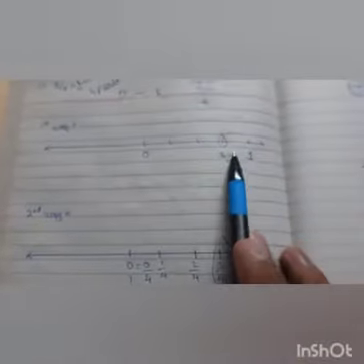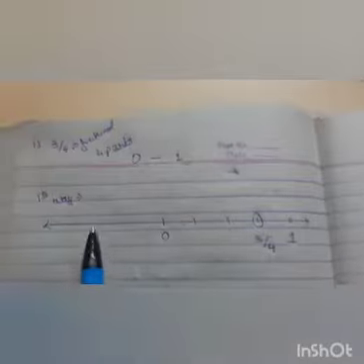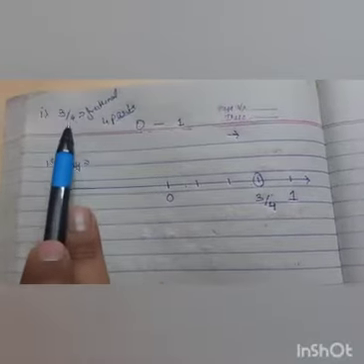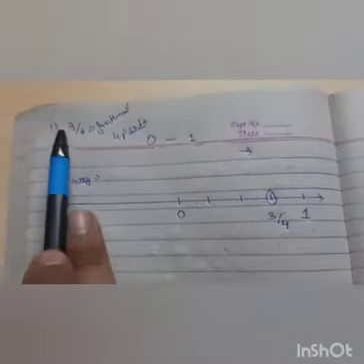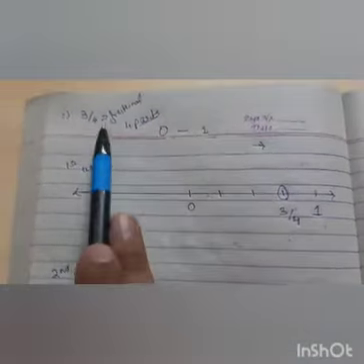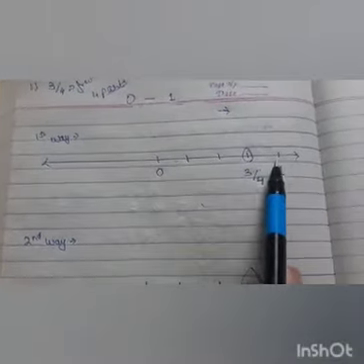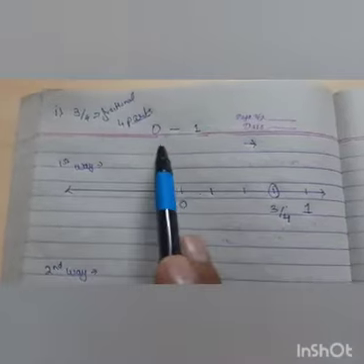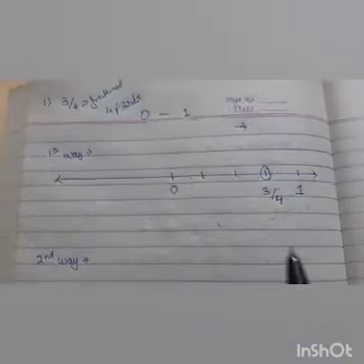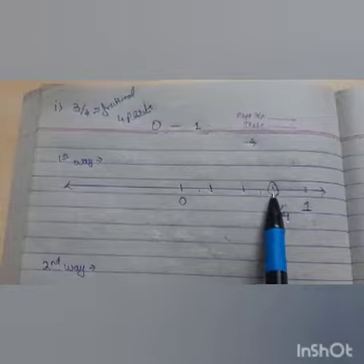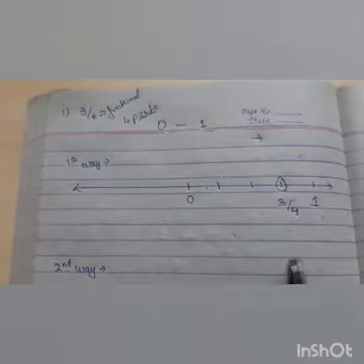Both these are the same, just the method of plotting is different. Either you can solve it in this way or you can solve it in this way. What we did here: it's given 3 by 4. Based on the value of the denominator and seeing whether it is plus or minus, divide it into such equal parts. So after 0, since the value was 4, first, second, third and fourth part. And since we know that for a proper fraction the value always lies between 0 to 1, at last we will write 1. Now it is given 3 by 4, so 1, 2, 3. 3 by 4th. This will be your answer.